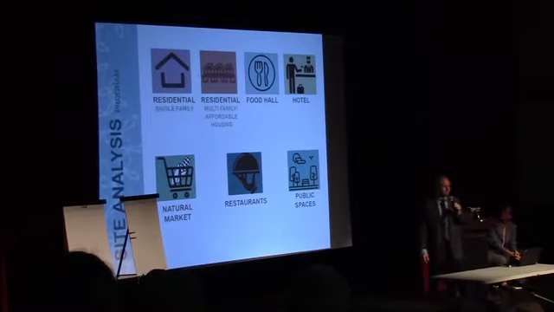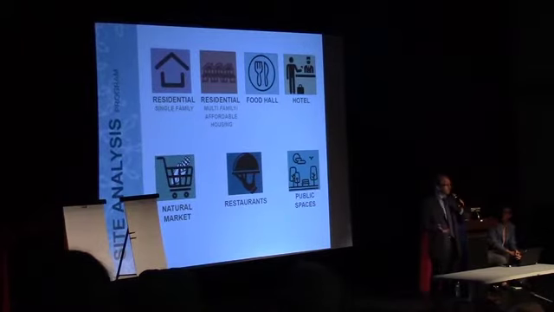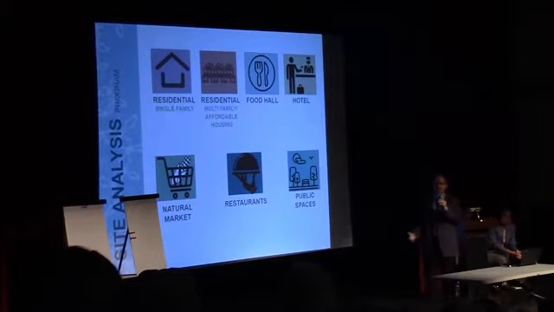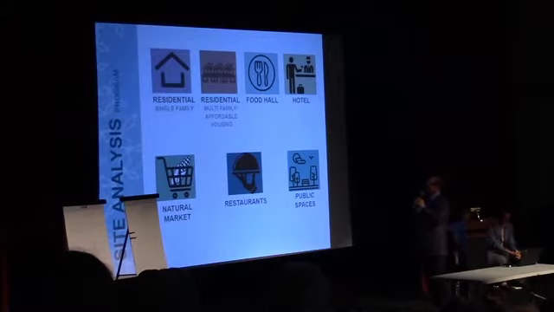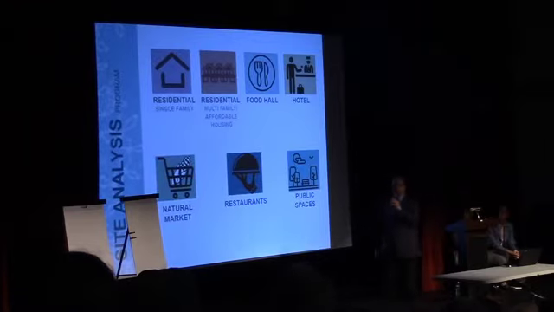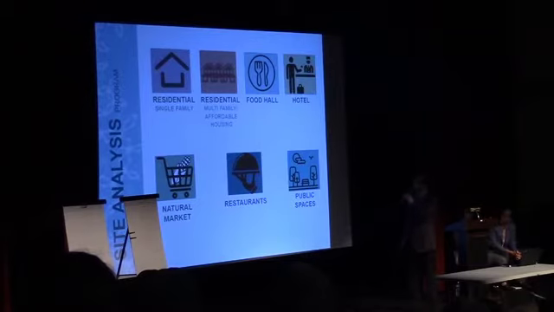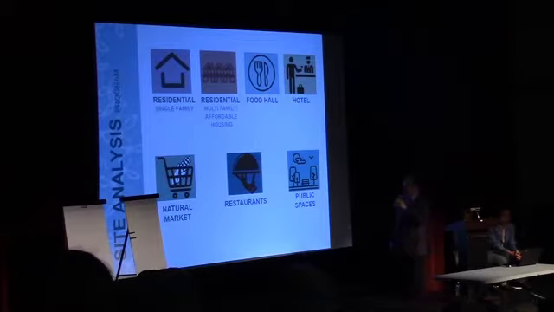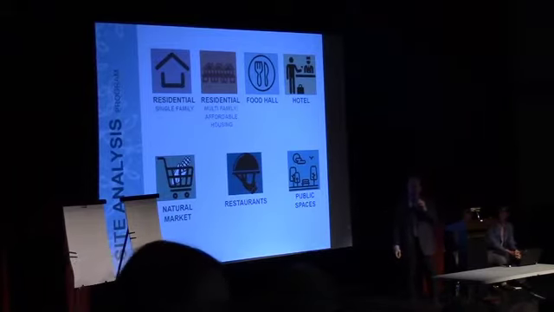These are some of the program concepts that we were thinking of when we approached the site, and some of this is contained in our RFP response, and some things have been out there today. But what we're considering for the site is a combination of single-family residential, multifamily, and affordable housing, a food hall concept, a potential hotel, a natural food market, restaurants, and more enhanced public spaces as part of the site.